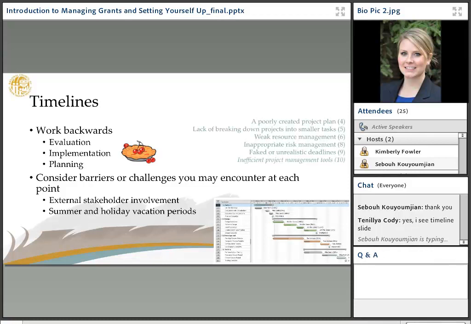That really helps ensure you are building out enough time for each of them. And again, consider the barriers or challenges you may encounter at each point, stakeholder involvement, holiday vacation periods, et cetera, et cetera.